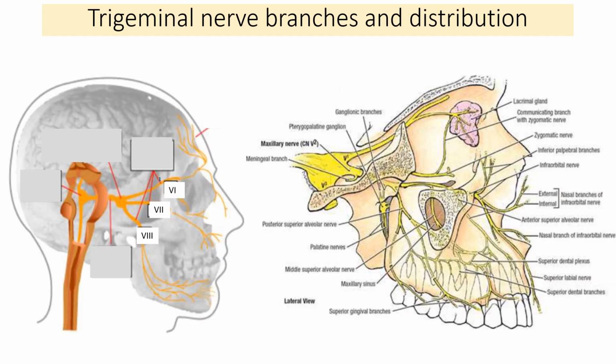Second division of the trigeminal is this. This is the second division, which is called the maxillary division. It mainly supplies the... before that, how it enters into the area of distribution. Here, this is the trigeminal ganglion. So it will pass on the floor of the middle cranial fossa, exit from the foramen rotundum, but there is